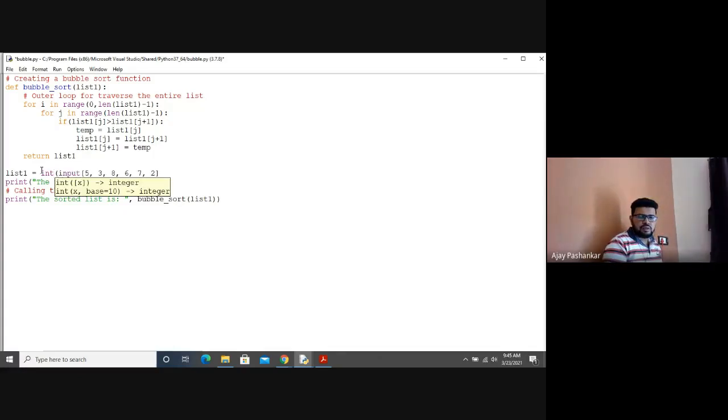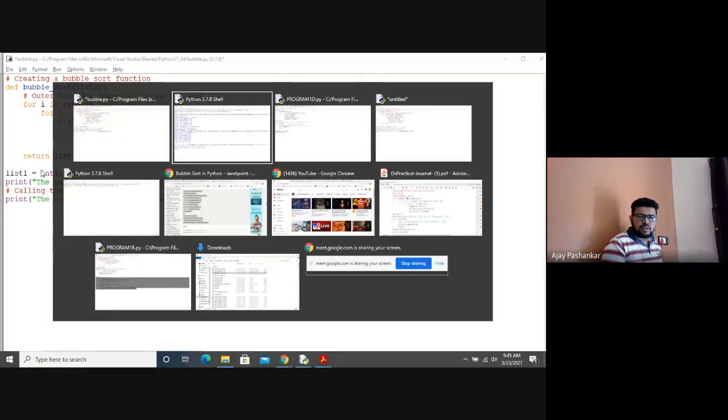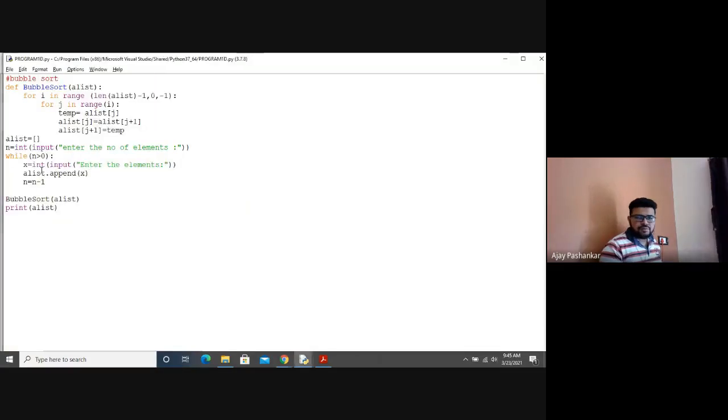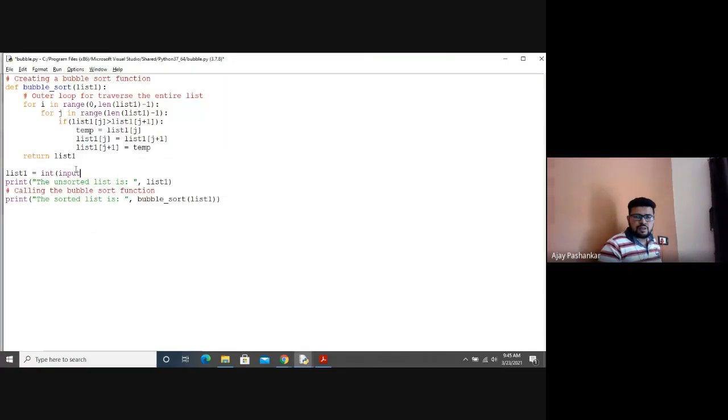Input it will be, क्या ले रहे हैं normally हम लोग, it will take a list from user. Enter number of elements.